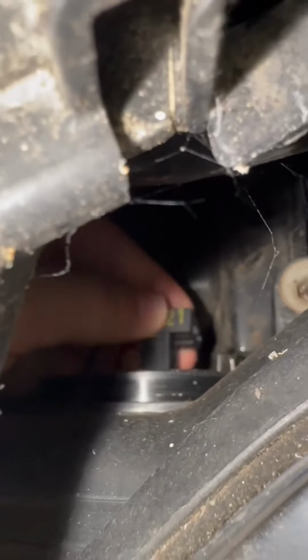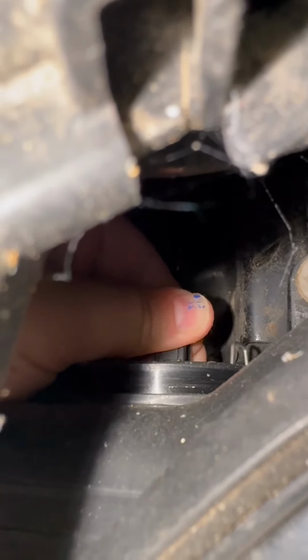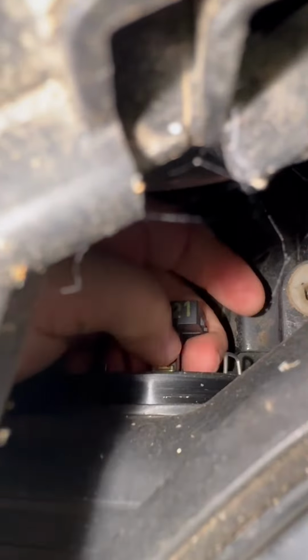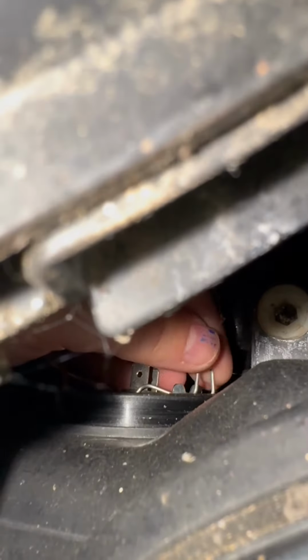So I removed that rubber cap. Now I'm removing the connector. It's a bit hard to remove. But eventually we're gonna get there. Then there is a small wired clip